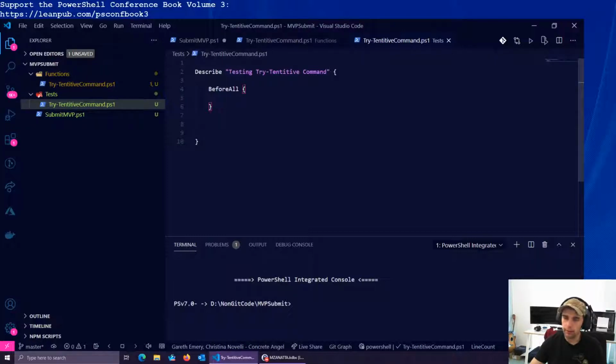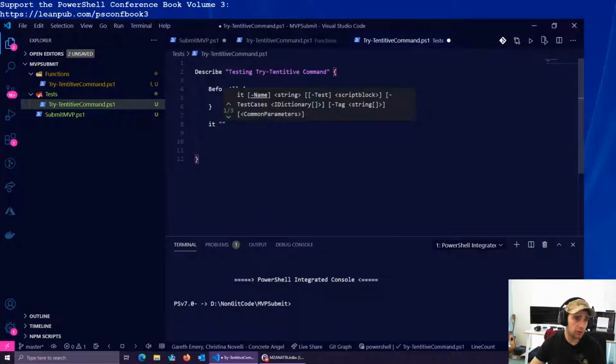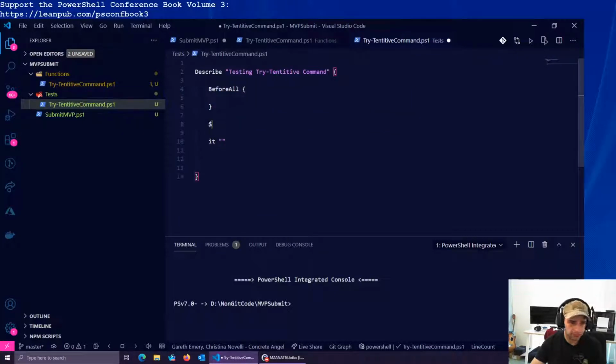Just thinking out loud what I want to do here. Come back to that. So we're just going to do an it. Actually, yeah, we're just going to have an it. We're just going to write some test cases. I don't like that at all. So with test cases, essentially you can just write your test case and then pass your test cases in there. So what we need is